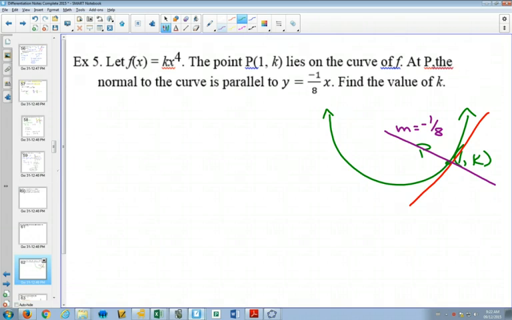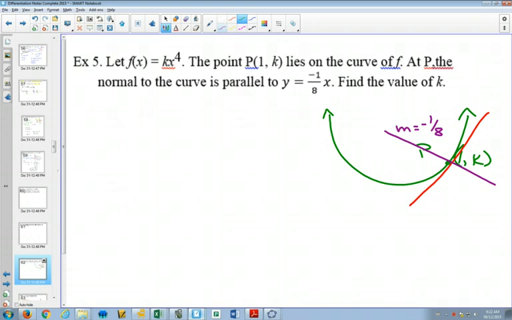So looking at this question, I've seen questions with tangents and normals. Normally we have to do a bunch of stuff first, and the last thing we find is the slope of our normal. Now we're given that answer. We're going to have to work our way backwards and fill in the blanks from the different steps that we would normally do, and then we should be able to figure out k. So how does that happen? Well,